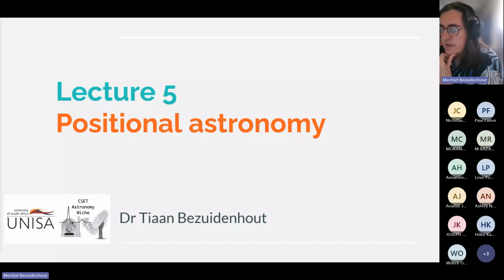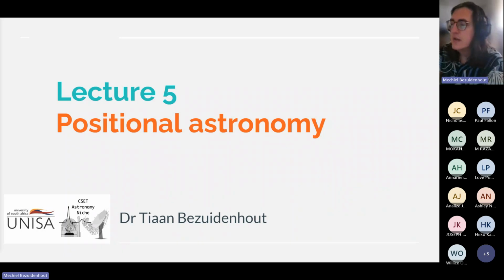So thus far, we've done a fair bit of introduction to radio astronomy and different processes involved with producing radio emission. How do we measure radio waves from astronomical sources, that kind of thing. For today, we're going to change pace a little bit to something a bit more general than that, which is introducing you to the different timekeeping and positional systems that